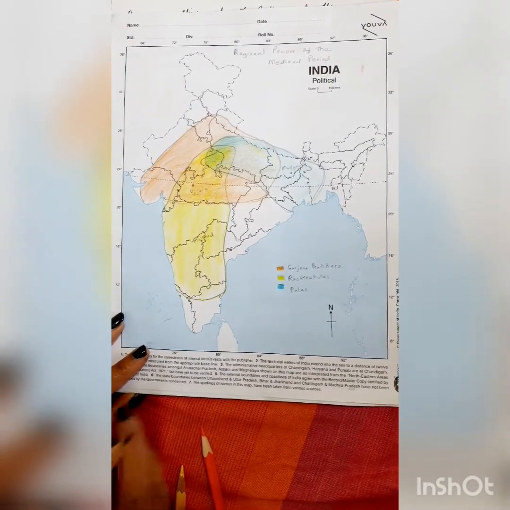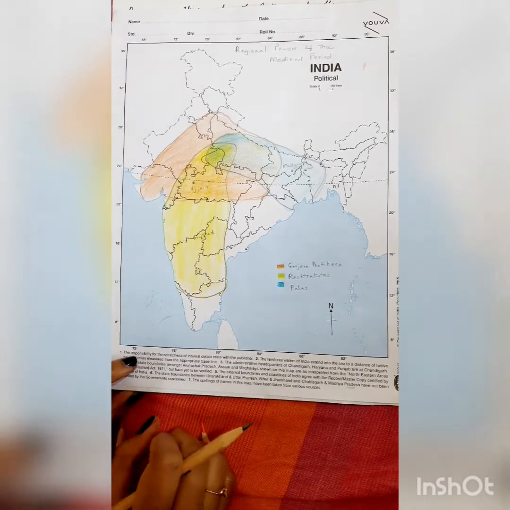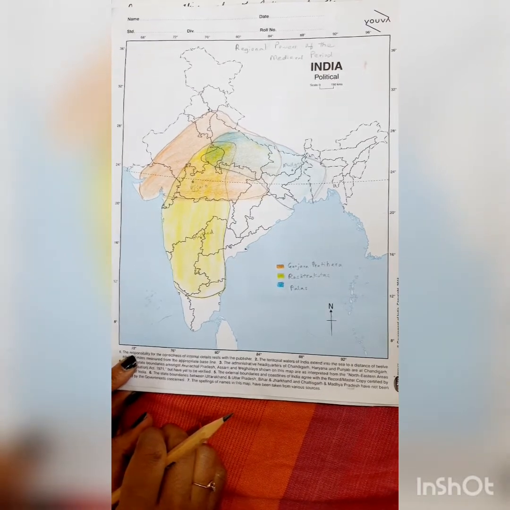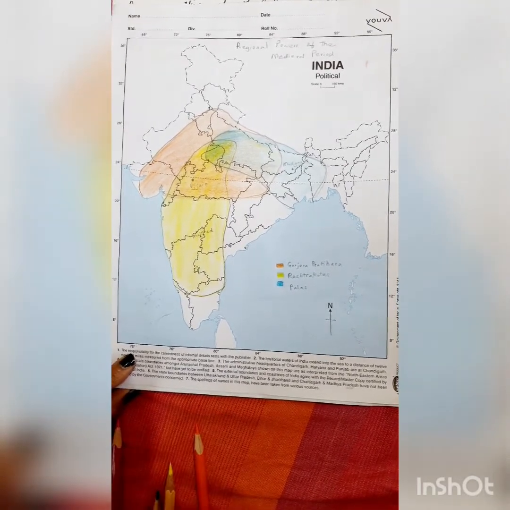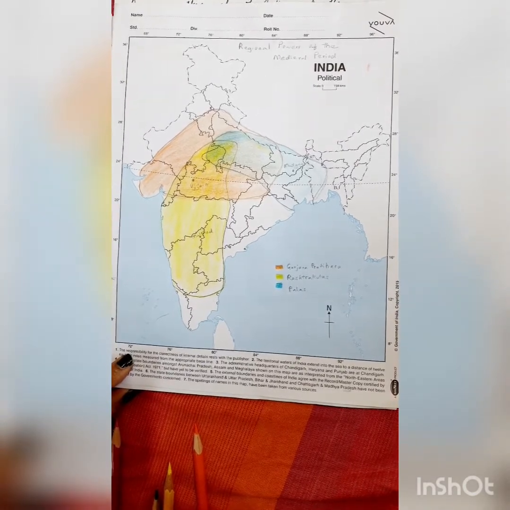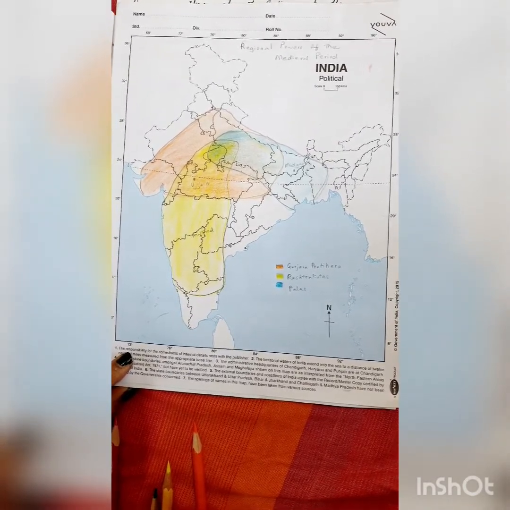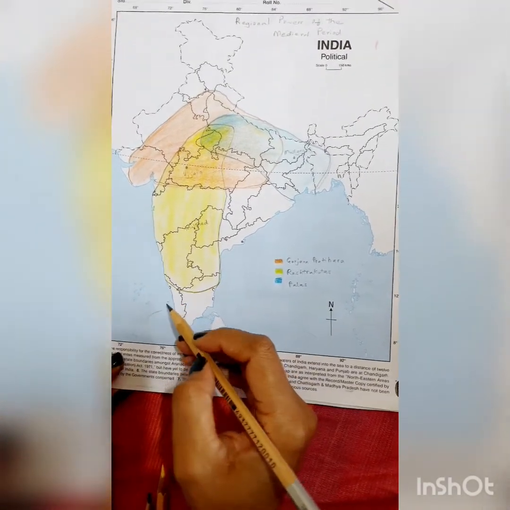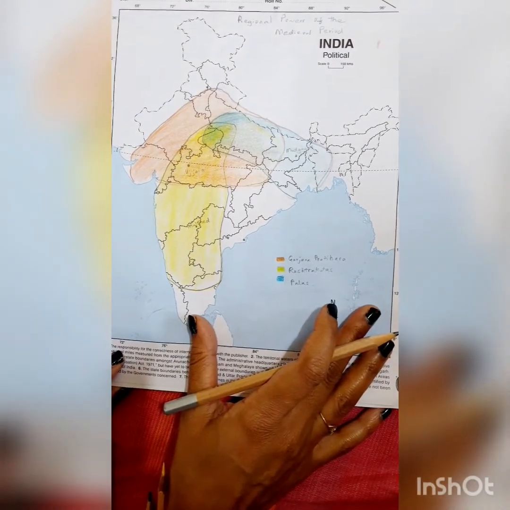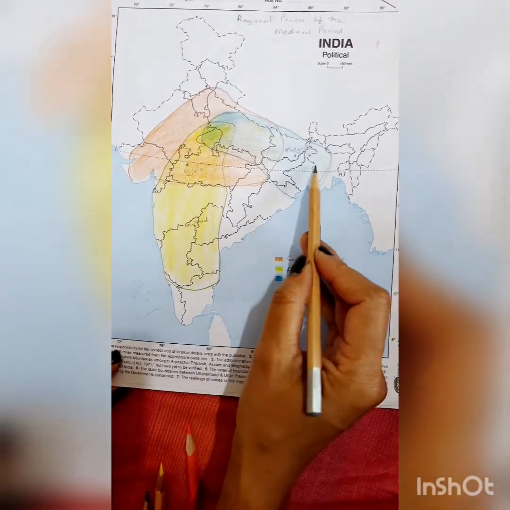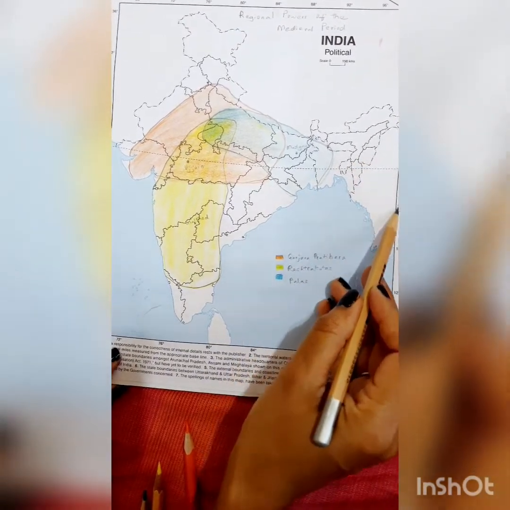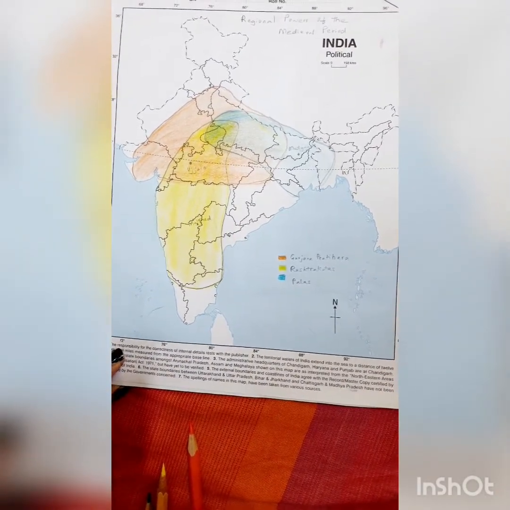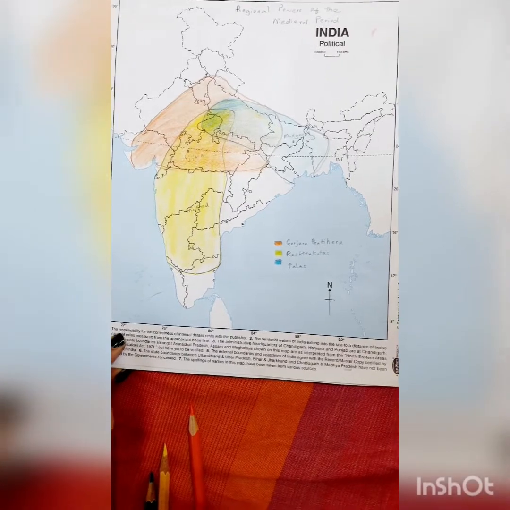Now we also have one more question in your textbook asking the extent of the Chola dynasty under Rajendra Chola. Let me tell you that under Rajendra Chola, the Chola dynasty attained its zenith. So it was at its best time under Rajendra Chola. So Rajendra Chola's extent of the empire cannot be marked on the map of India because he has ruled parts of Bangladesh, Myanmar, Thailand, Java, Sumatra and Malaysia as well. So we'll need a map of the world to mark the extent of Rajendra Chola.